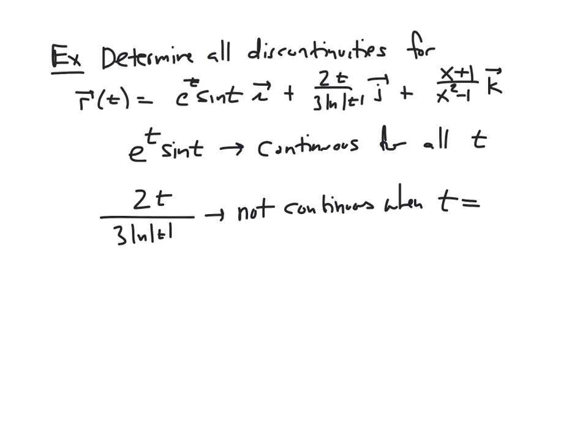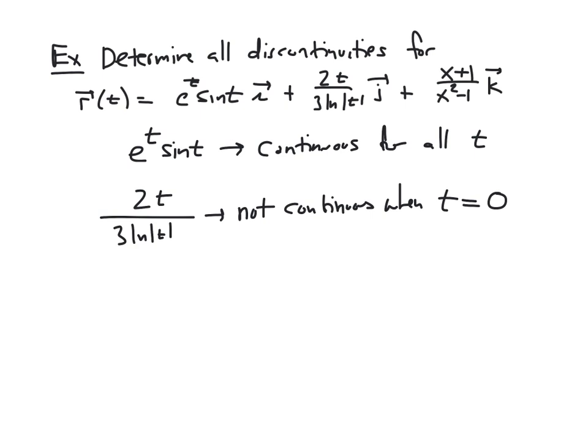We only have to focus on the natural log part. The natural log is only defined for positive values, so if t is positive, then natural log of absolute t is fine, and if t is negative, the natural log of absolute t is fine, since the absolute value of a negative number is positive. However, we do have an issue when t is equal to 0. The natural log of 0 is undefined,